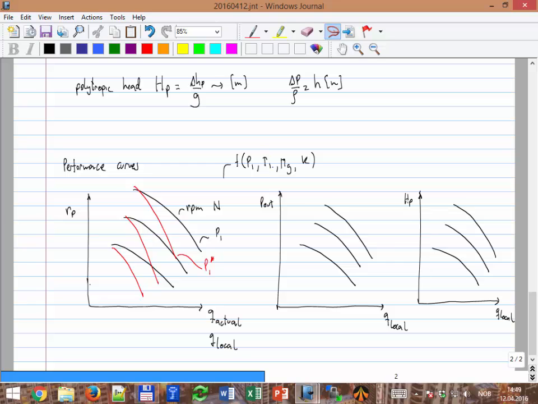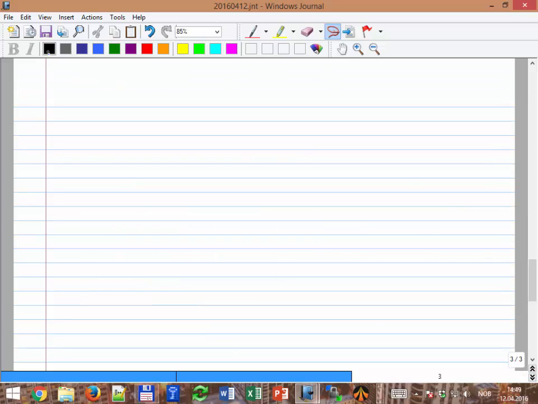Then the temperature might also change because you get more cooling, etc. Okay, so how do we deal with that? So let's put that small comment here. Usually,